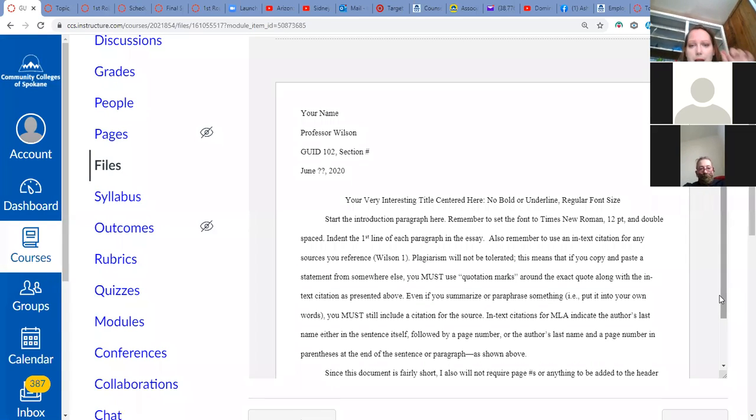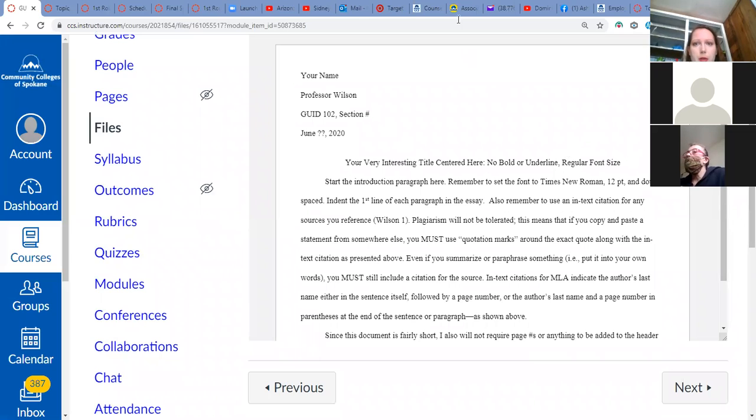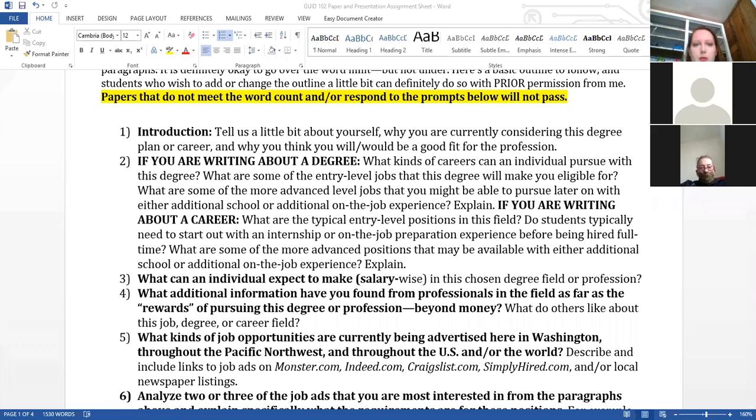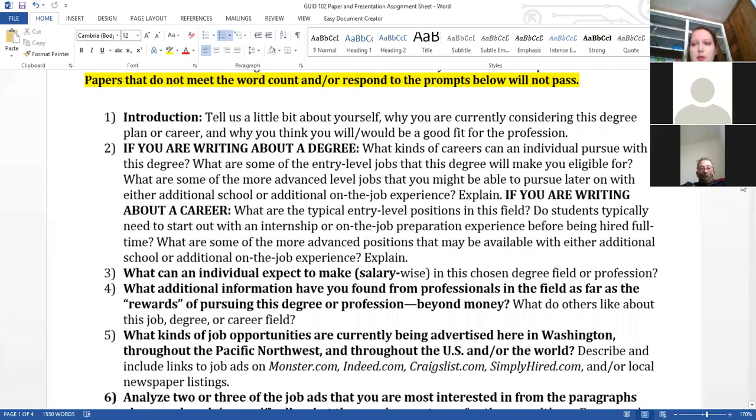Let me stop the share and reshare straight from the desktop. That usually helps me zoom in a little closer and explain a little better. So I've got that open. There it is. Okay, now I should be able to zoom in a little more closely so you can see it better.